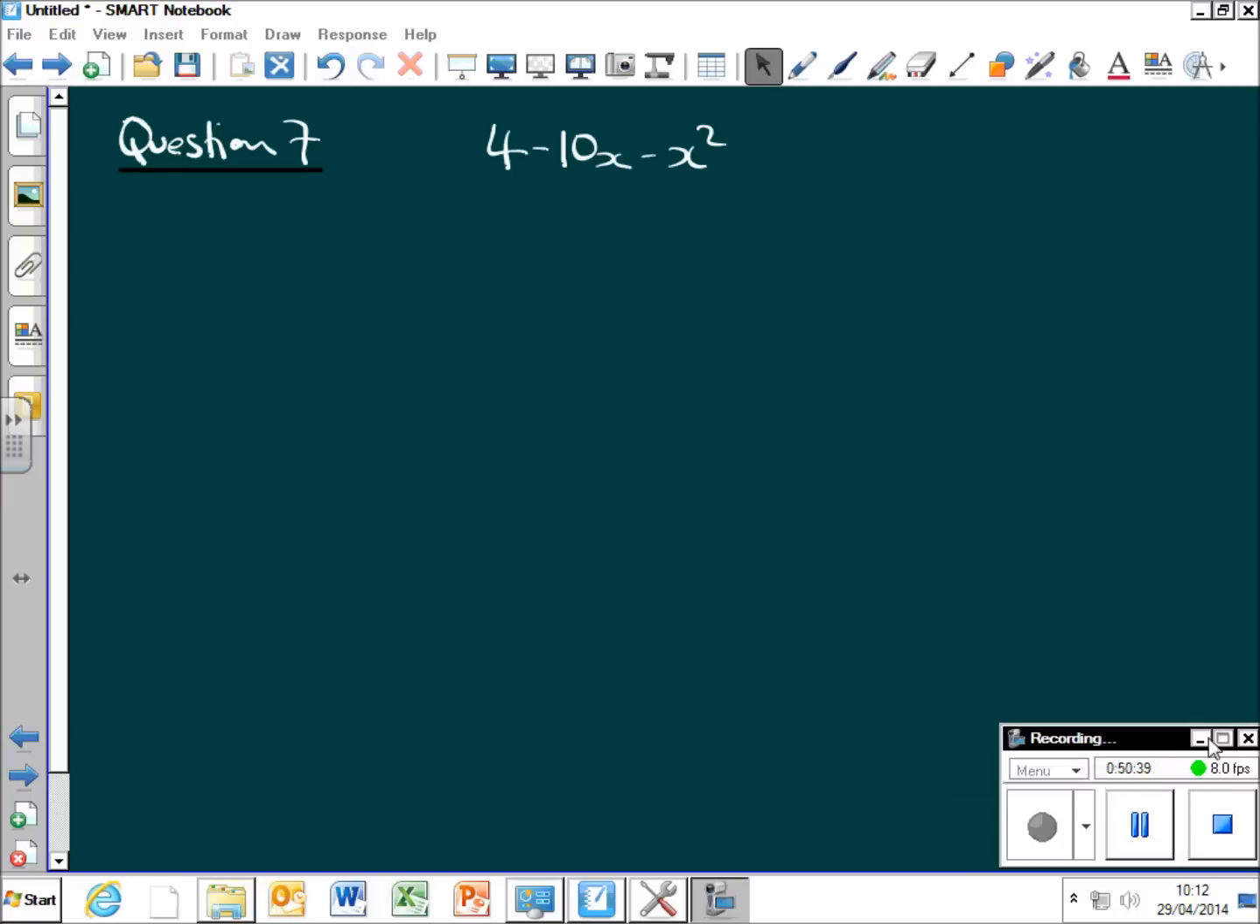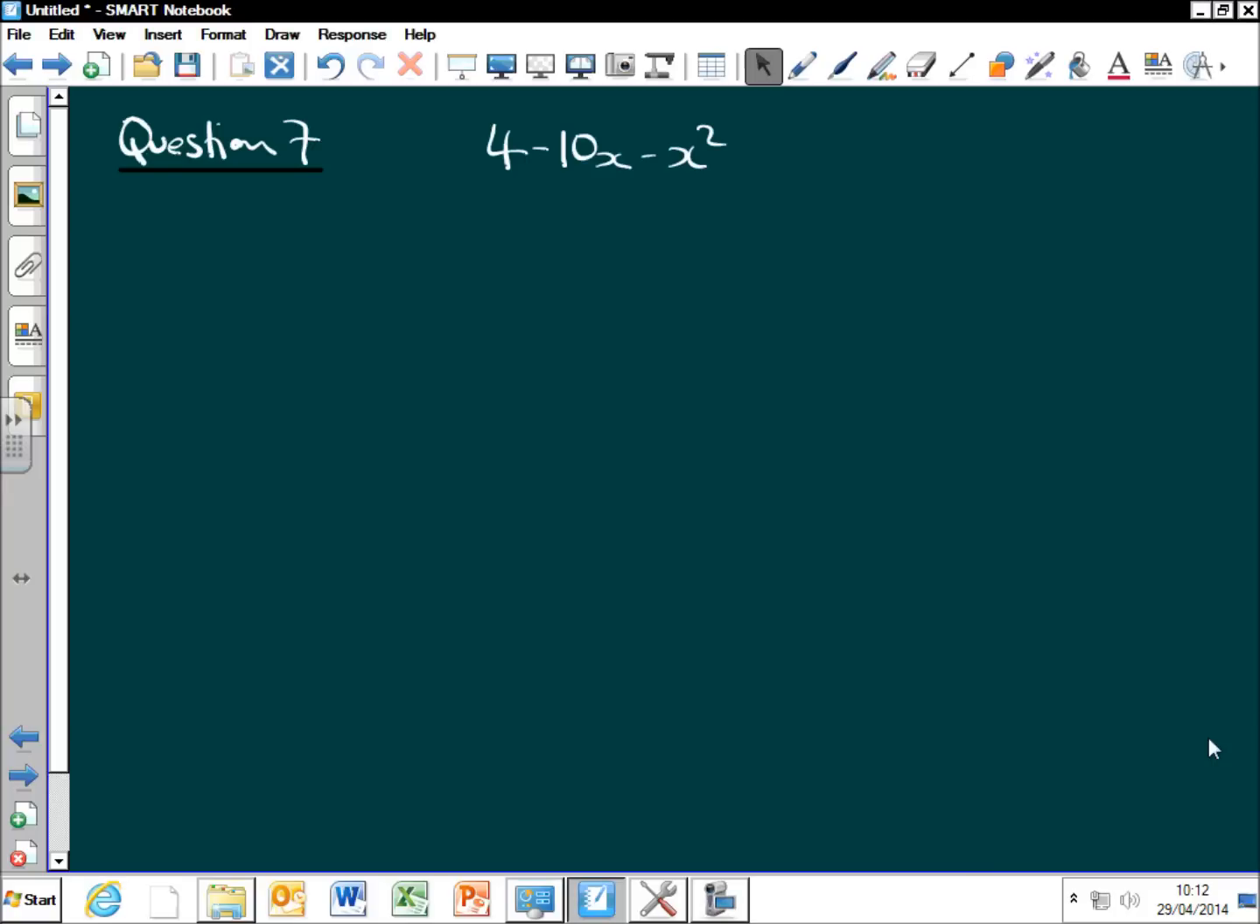Okay, so finally we're on to this. And the first thing we're given is this quadratic, not a very nice one, and we're asked to express it in the form p minus (x plus q) squared. Okay, so let's do that first. Now, it's not in a very nice form to start with, so firstly, rewrite this with the x squared at the front,